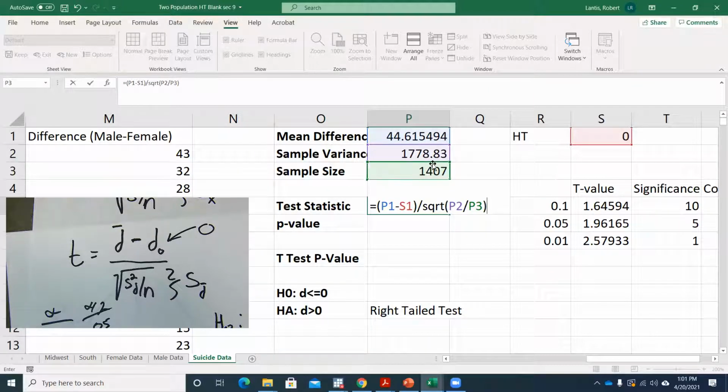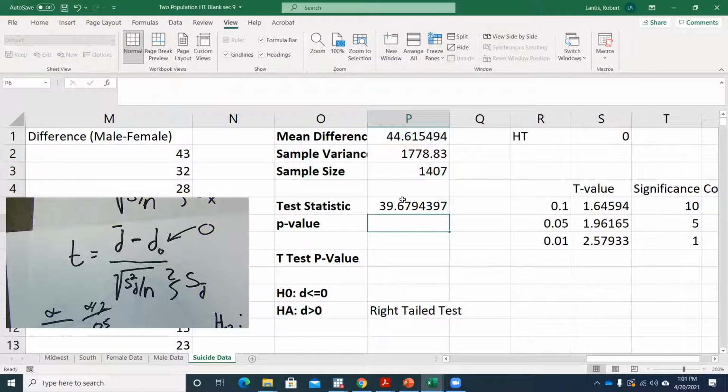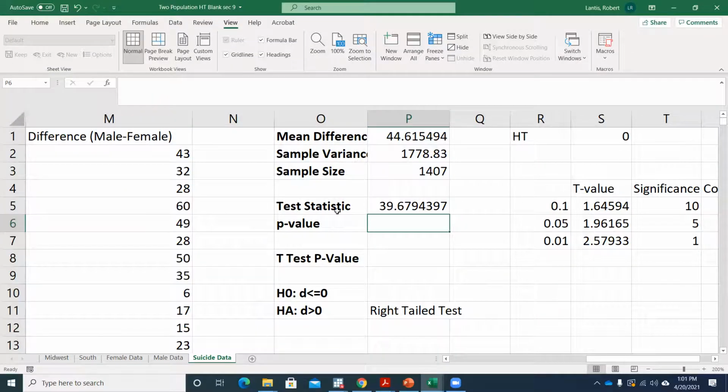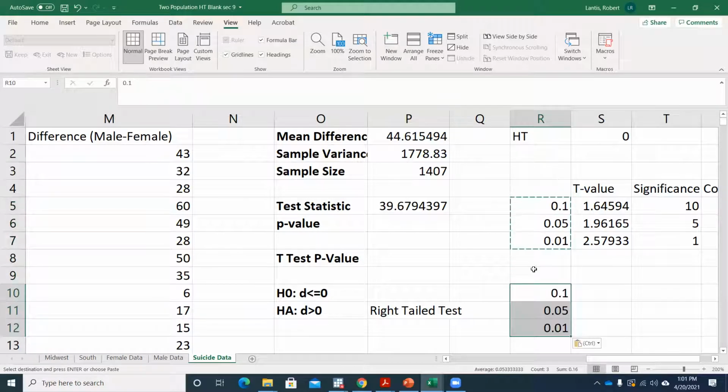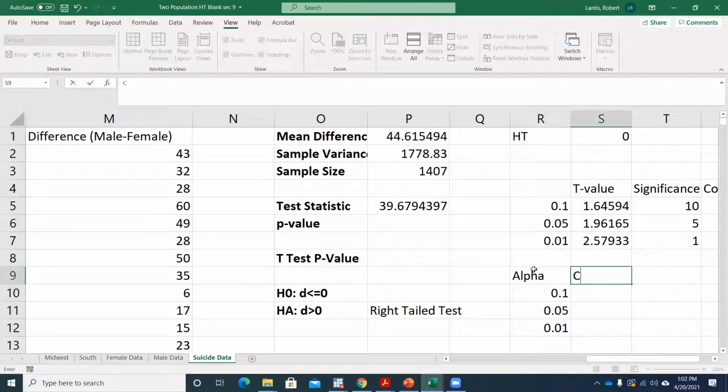Okay. So I hit enter here, and I get a pretty large test statistic, right? I am 39 standard deviations away from that assumed true value. That's a lot of standard deviations. Now, if I want to do something like find my critical values, right, I can actually use these same 3 alphas. So I'm actually just going to copy and paste these down here. So here's my alpha, and I want to think about finding the critical value. Well, my critical value should be what sign? If I've got a right-tailed test, they should be